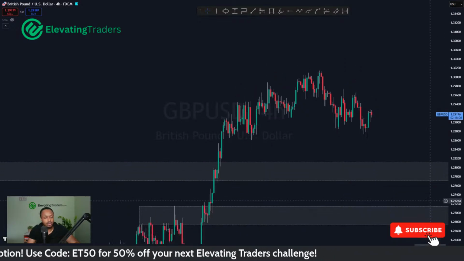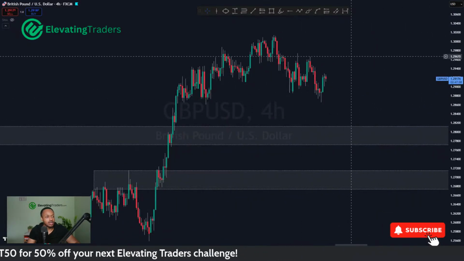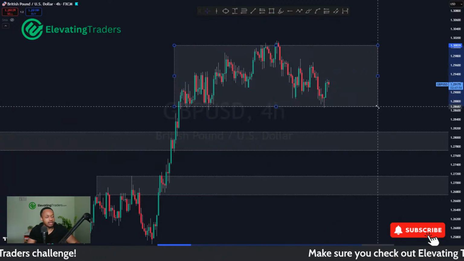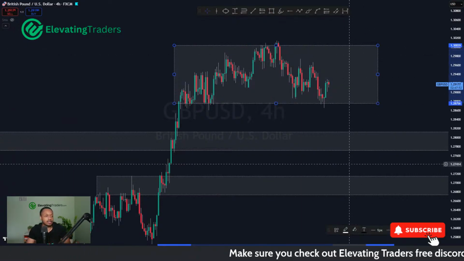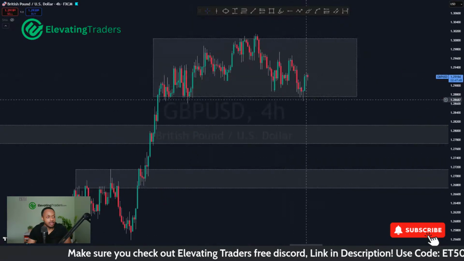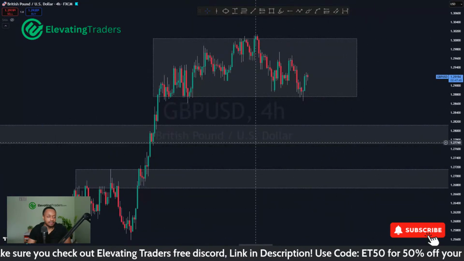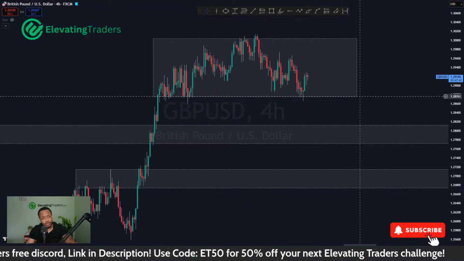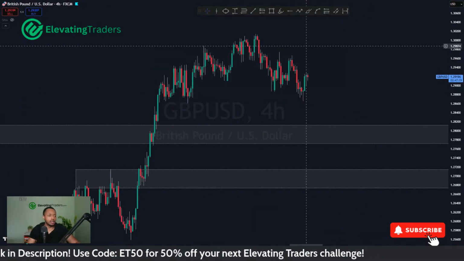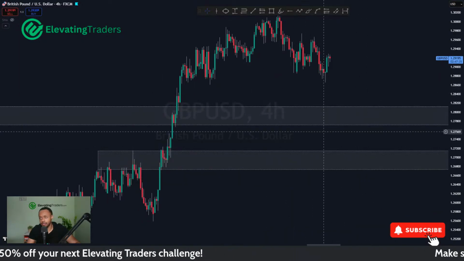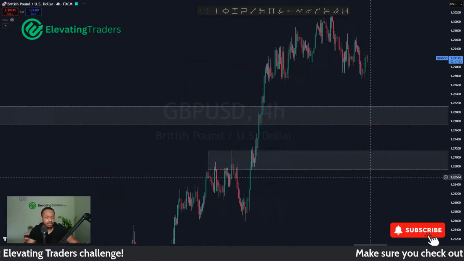Pound's a little bit strong as well, but I'm not really interested in taking Pound USD to the upside right now. To me, this looks like almost a range, to be honest. So kind of just staying away. But with all that momentum there, I do think if we can pull back into those areas, there's a good chance we could see a continuation of that. So still pretty bullish on Pound USD. Just need a bit more retracement before I can start to intervene and possibly look for some long entries.